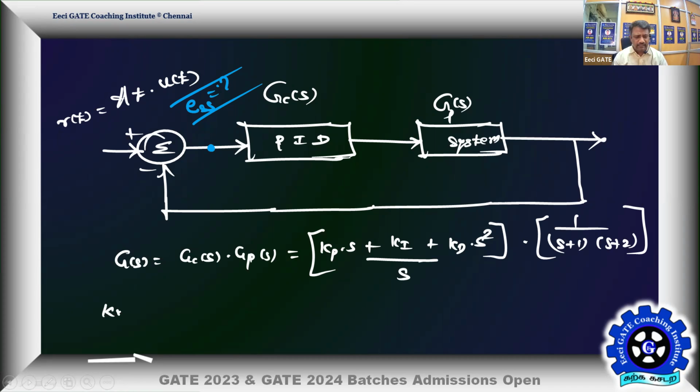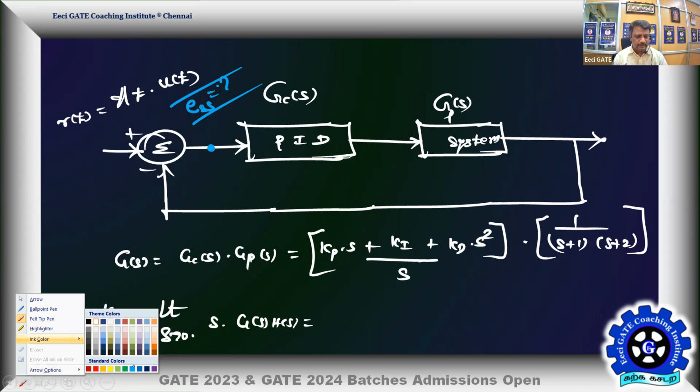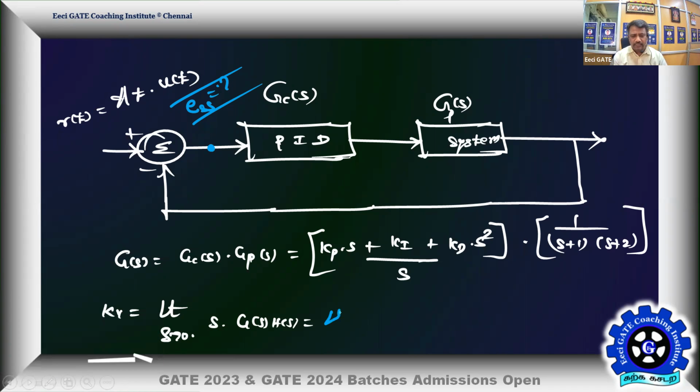Now let us find the velocity error constant. What is that? Limit S tends to 0, S into G of S, H of S. So what do you get then? If you multiply S with this, let me do it straight away here. Okay, so it is going to be limit S tends to 0, S into KP into S plus KI plus KD into S square, the whole divided by S into 1 by S plus 1